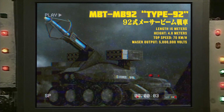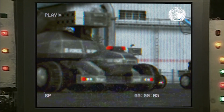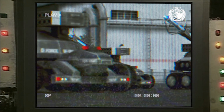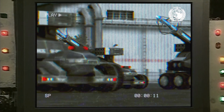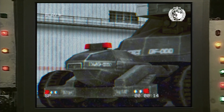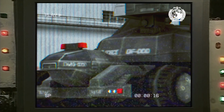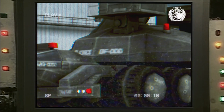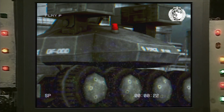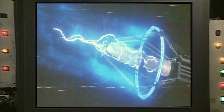Like the Hyper Laser Cannons, these were also originally designed for anti-missile defense, but these new 8-wheel drive tanks, dubbed the Type 92s, were far deadlier than their predecessors. They incorporated a plasma heat mirror system to generate the actual Maser beam, and instead of relying on the trailer truck arrangement of the Type 66, they were entirely self-sufficient and equipped with on-board helium cooling systems and generators. Its new compact configuration mirrored progress in technology, downsizing the once massive array into a smaller and more maneuverable weapon